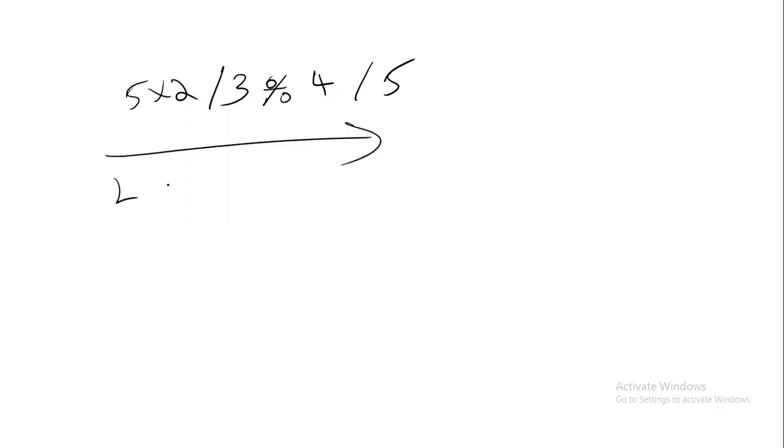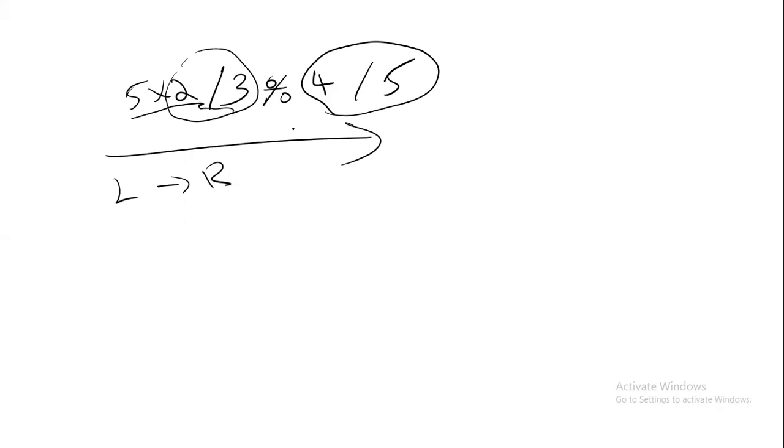It is from left to right, which means if you try to solve the later part first, it will not work. Because according to the rule, first you have to do 5 into 2, then for that answer divided by 3, then for that answer mod 4, like that from left to right you have to go. Why? Because it is a rule.